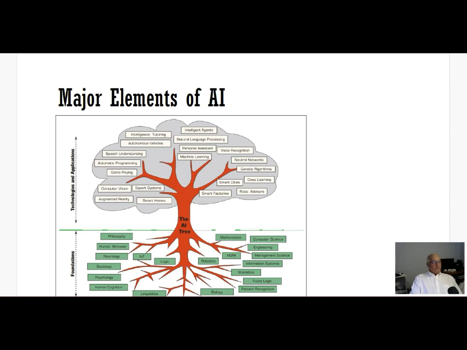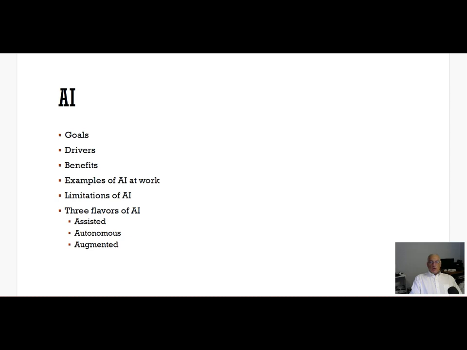The goal of AI is to create intelligent machines that are capable of executing a variety of tasks currently done by people. Ideally, the AI should be able to reason, think abstractly, plan, and solve problems. So what do we want to do with AI? This is how AI works.